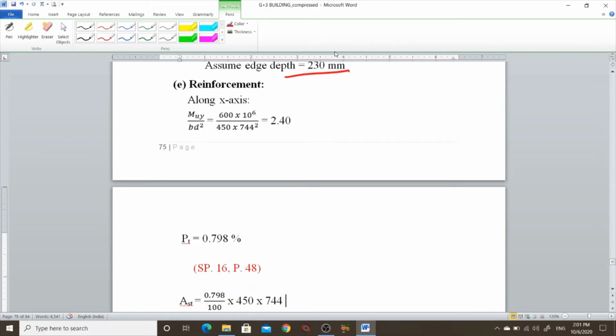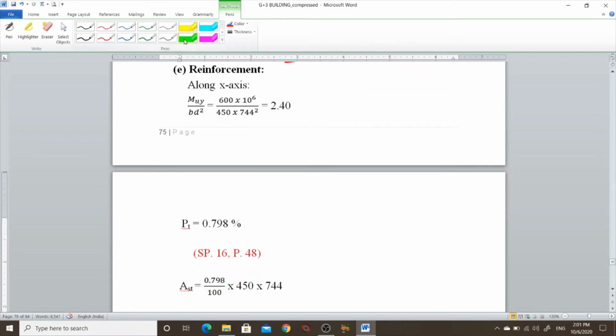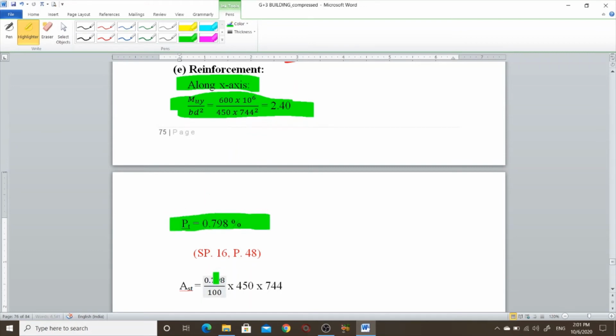Then after, we are going to design the reinforcement detail along x, Mu upon bd square. Moment is found, MUY by b square, 744 into 744 whole square, so 2.40. By this MUY equation we will find out PT. By the PT we can find out AST.